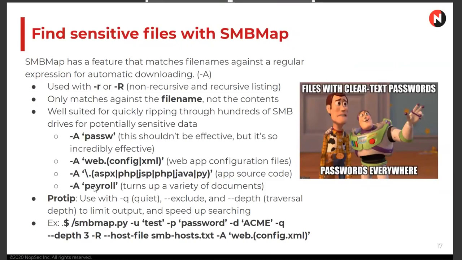One of the things I like to do is use it with quiet exclusions, because I don't care about admin and $ shares. I'm more interested in what HR data or email backups and things like that are available out there. And like I said, the traversal depth. So these are all very handy things that can limit the output and speed up the results. And we'll show a quick use case here